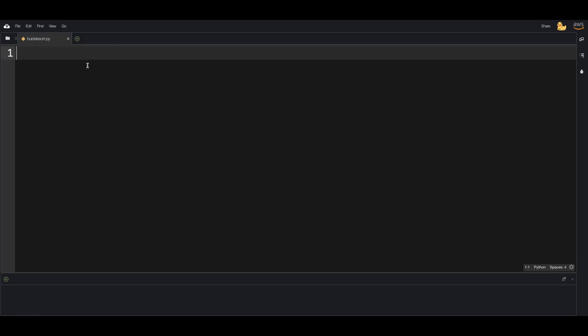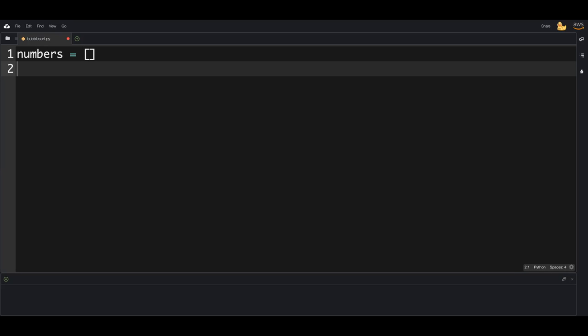So we're going to code a bubble sort in Python. This is a very useful thing because it's just useful. So let's start. First we need to create an array, so we can just call it numbers and leave it blank. And then we need to get the length, so we can do